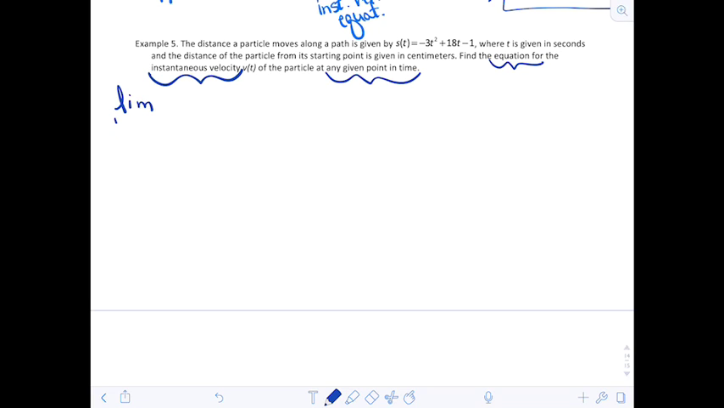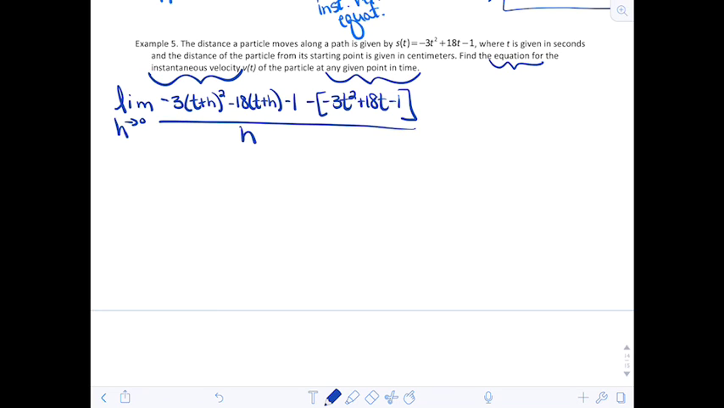So we're going to use that formula, the limit as h approaches 0 of, I'm going to plug in t plus h, so negative 3 times (t plus h) squared plus 18 times (t plus h) minus 1, and then I'm going to subtract the function itself, negative 3t squared plus 18t minus 1, all over h. Okay, and now I'm going to do some algebra. So negative 3 times, foiling the t plus h, is t squared plus 2th plus h squared, plus 18t plus 18h